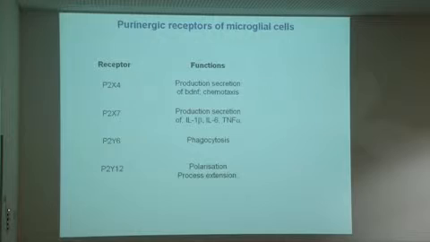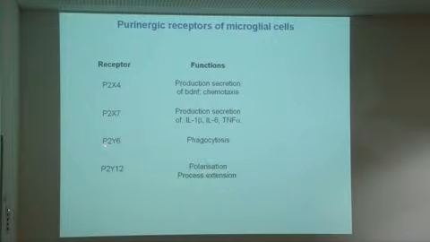So then we turned toward the purinergic receptors that those cells might express. Why? Well, it's known that microglial cells can express P2X4 and P2X7 receptors. Those receptors are ionotropic receptors, so channel receptors, which are in fact ion channels. P2X4 has been shown to be important for the release and secretion of BDNF from microglial cells in the spinal cord, whereas P2X7 is important for the secretion of interleukin, in particular interleukin-1 beta.